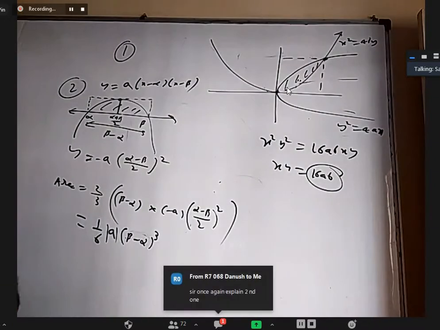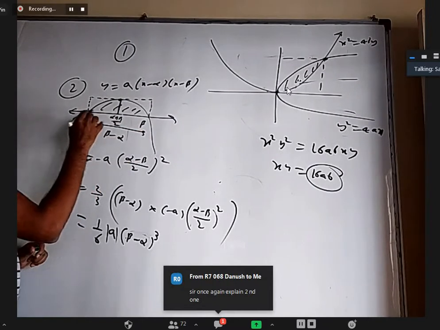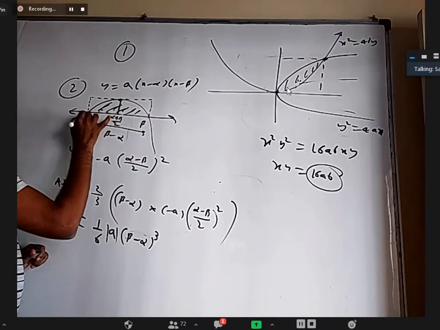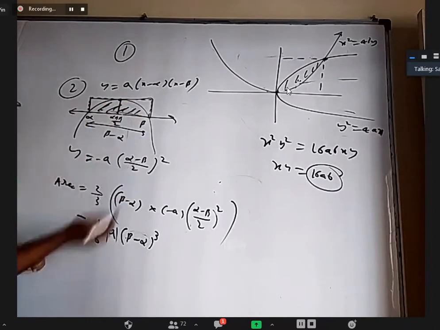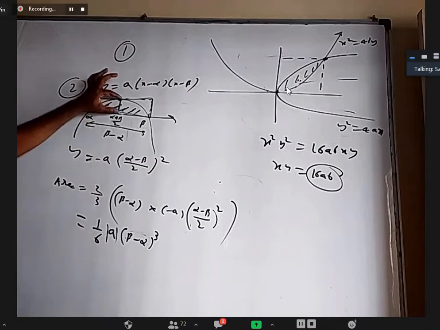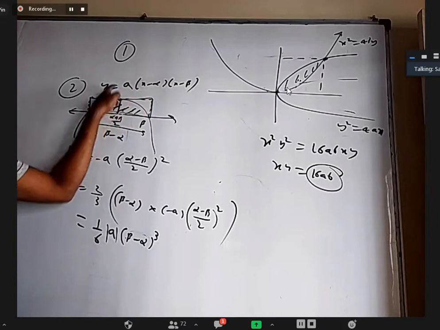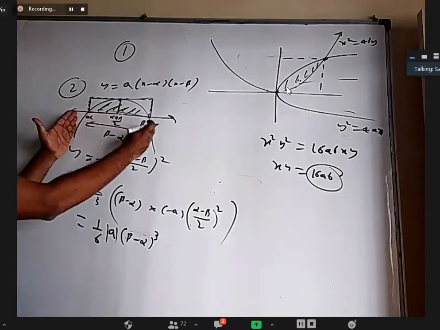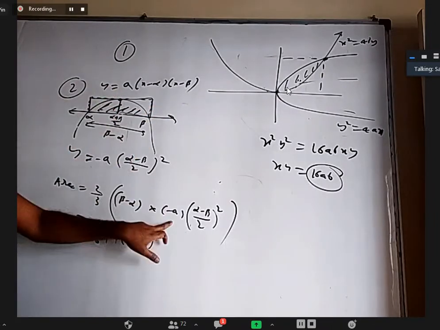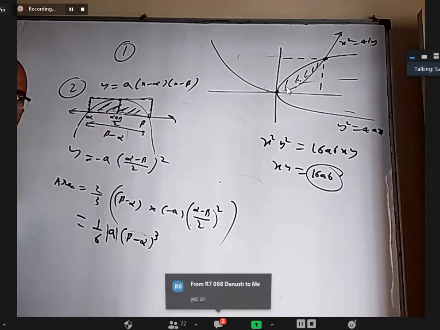Now sometimes people give some other formula. I don't necessarily want you to remember it. Second one I want to explain. This is a quadratic expression. A is negative, the graph is like this. The area is 2/3 of this rectangle. How to find this rectangle? Width is beta minus alpha, because this is alpha, this is beta. Height? How to know height? What is the x coordinate at the midpoint? Alpha plus beta by 2. That you substitute here, and the y coordinate came this. So width is beta minus alpha, height is this y coordinate only. This is the area of the rectangle. 2/3 of that will give the area of the parabola.